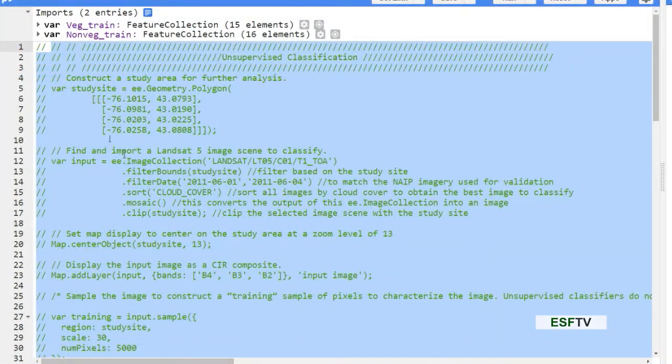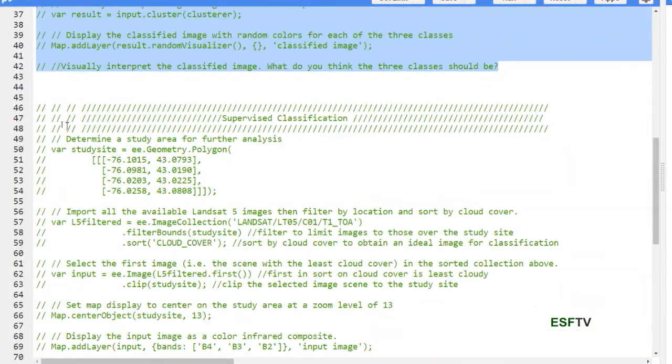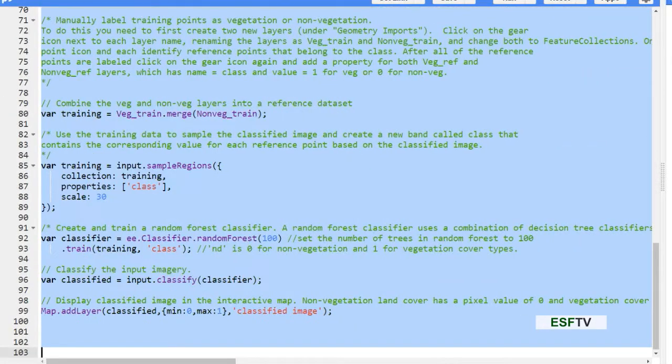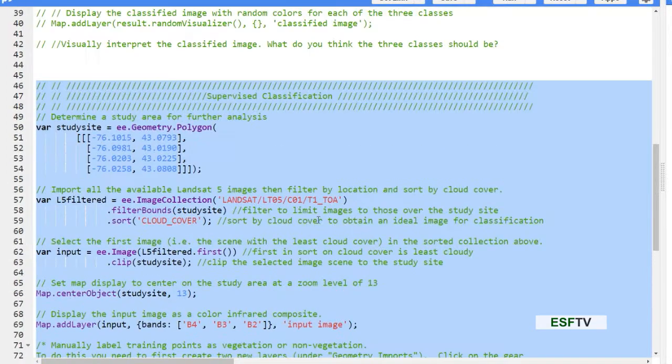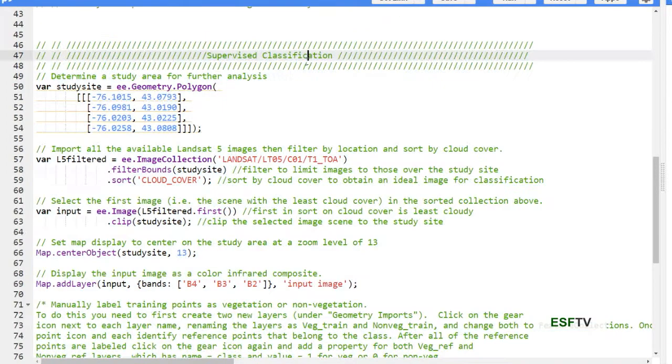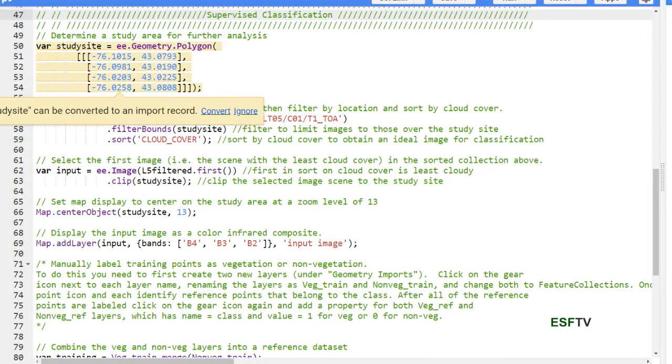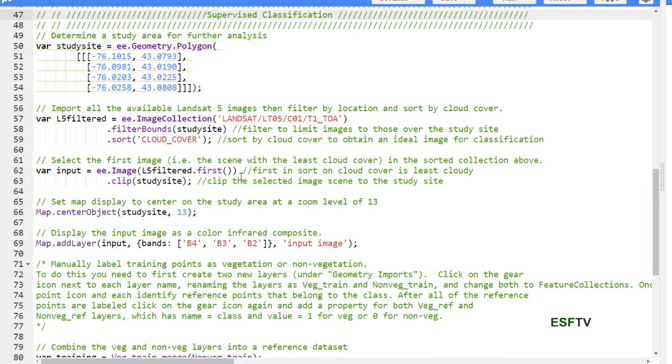So I'm just commenting out this so we can move on to the second part. So the other approach, supervised classification, we start from line 50 all the way to, I believe, line